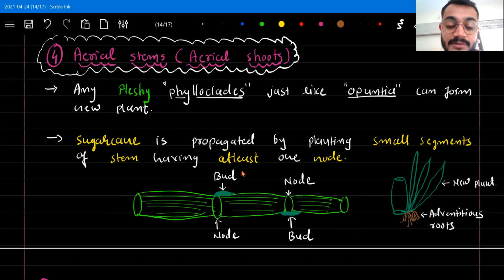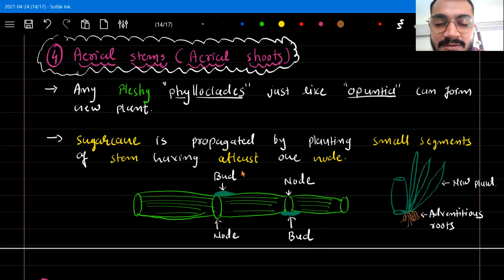So that almost half a foot of that piece is then planted into the soil, and it should contain at least one node, right? Just like this, I have drawn it here. This is the stem, these are the nodes on it, and each node has a bud on it. So next time when you eat sugarcane,